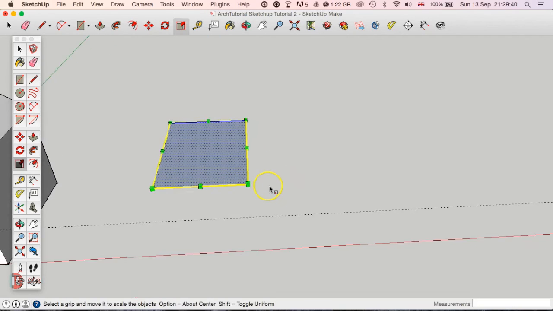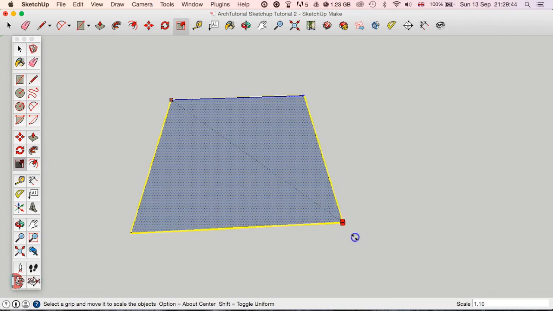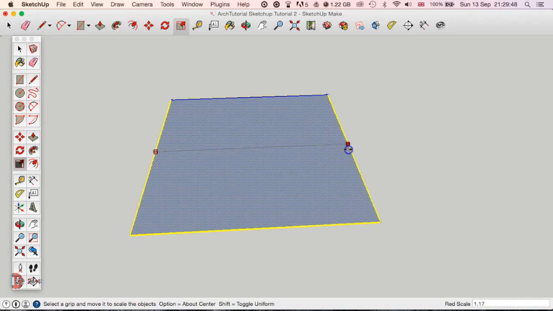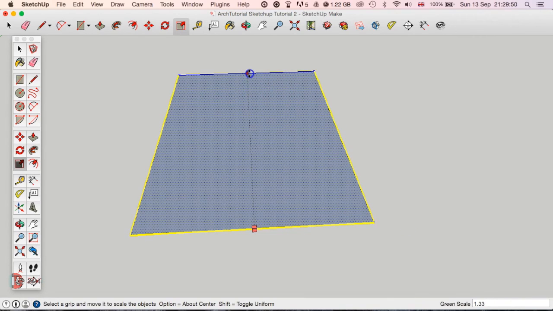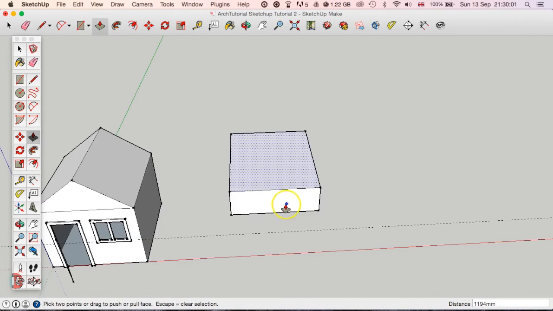Now you'll see what we can do at this point is we can actually scale it, so we can scale it from corner to corner. Okay, you'll see it snaps, or what you can do is make it wider or longer. And you'll see on the bottom right hand corner you've got a scale value that you can scale up and down to. Now what you can also do is if it is a 3D shape, again by selecting the whole shape and then either clicking S or clicking on the scale button,